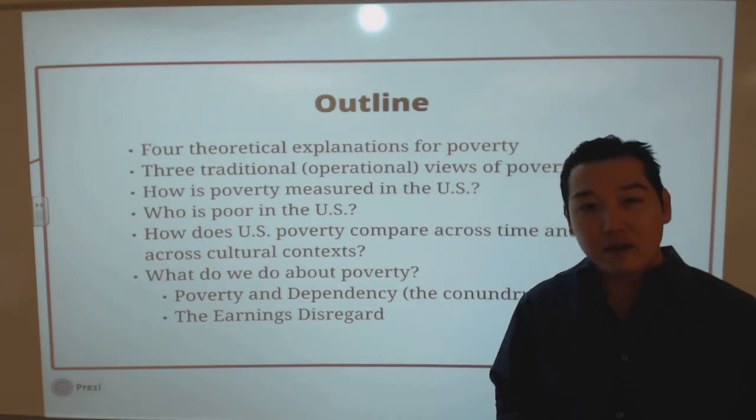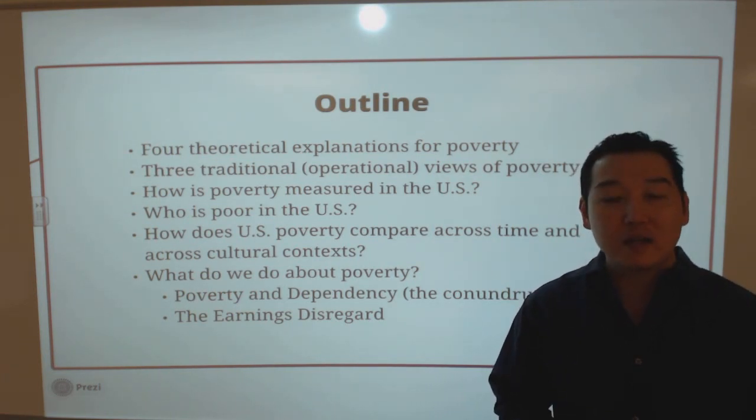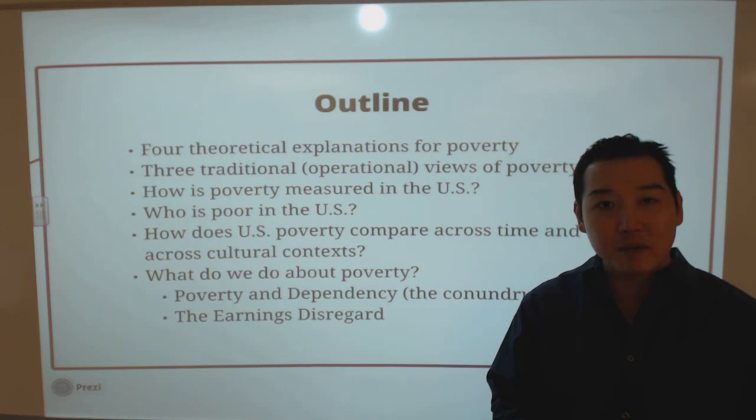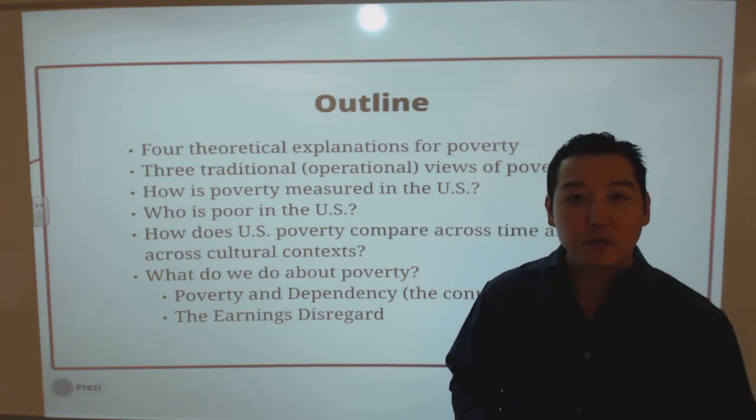We'll look at who's poor in the US, distinguishing between poverty rates and poverty composition. And then to give us a better sense of what those numbers, what those estimates mean, we'll look at poverty across time and across different national contexts. And that should give us more of an intuitive feel for what poverty looks like here